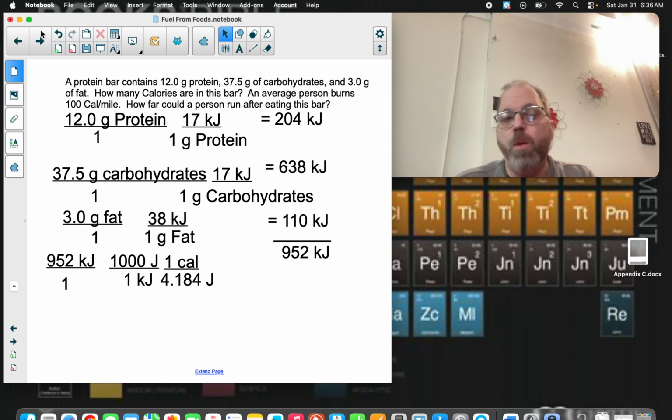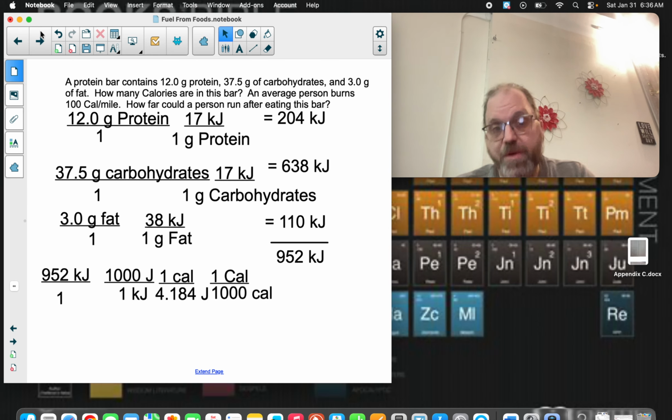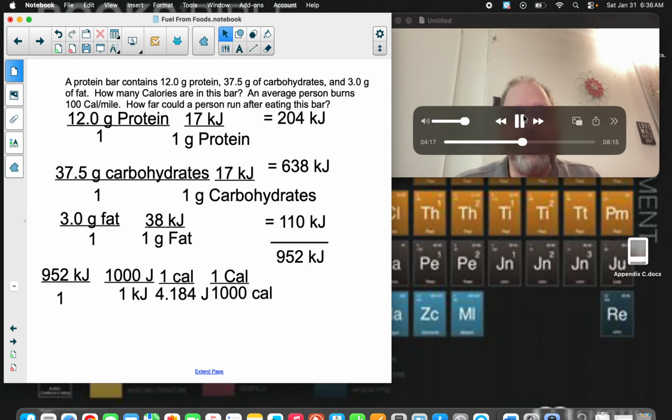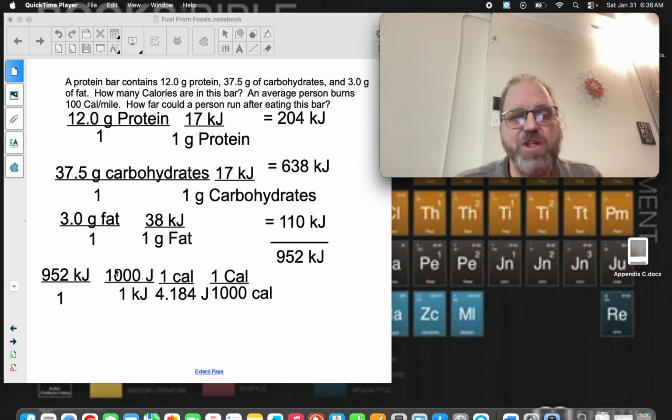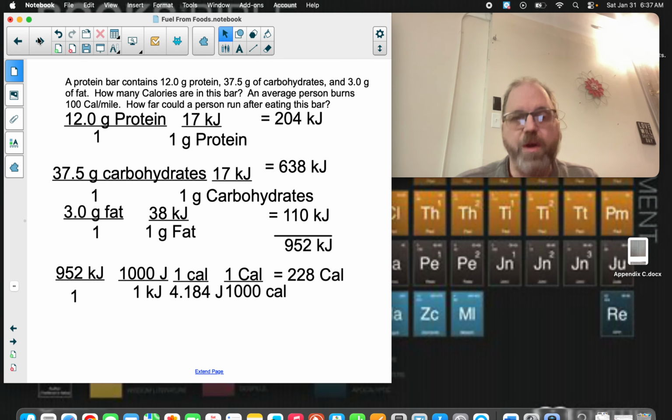And we said that 4.184 joules is a calorie. And we said 1,000 calories is a capital C food calorie. So we take 952. We're going to pause here real quick. Notice these two values. That's where we get the cross out we'll talk about later. Times 1,000, divide by 4.184, divide by 1,000, do that on your calculator, 3 sig figs,